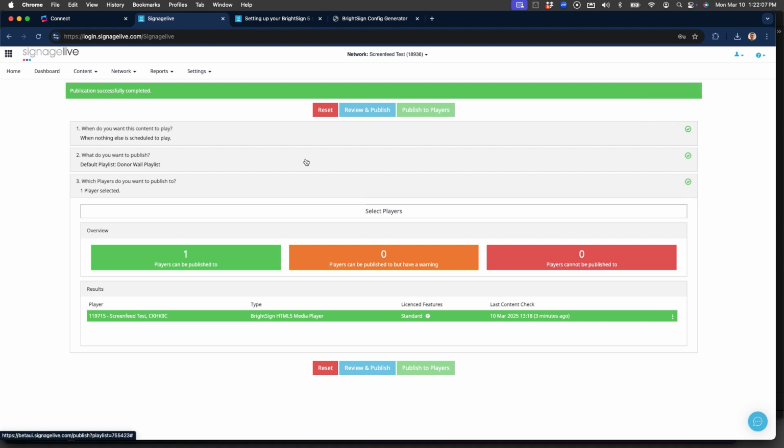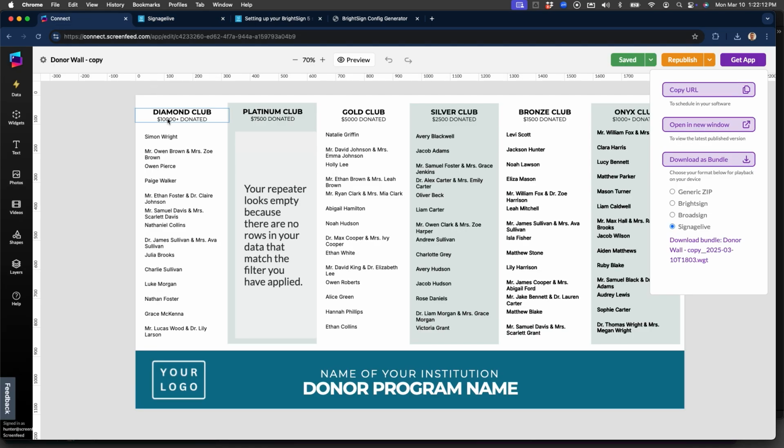Before we go to show you what it looks like on the screen, let's go back to Connect because there's a second way to do this, which is downloading as a bundle. Now, there are a few things that you should know when choosing download as a bundle. One, it provides you a zip file in what's called a widget framework, or WGT.